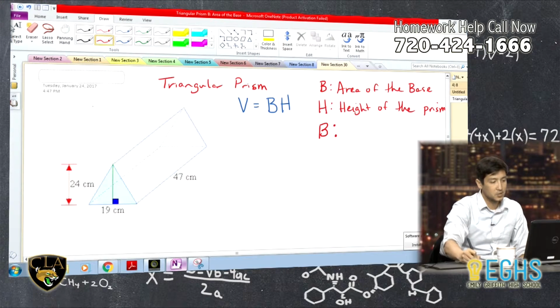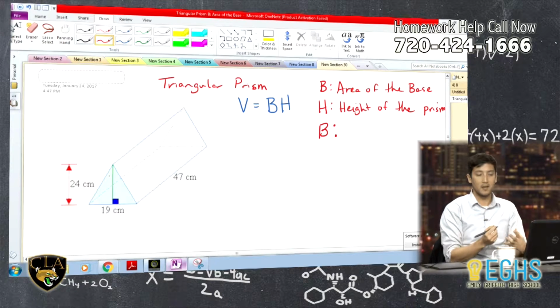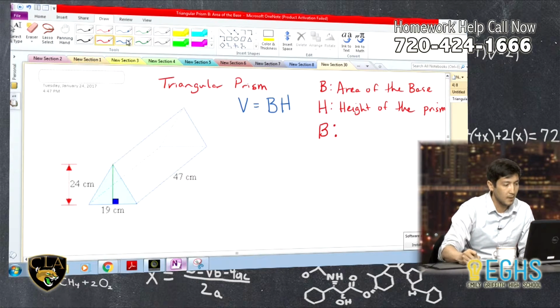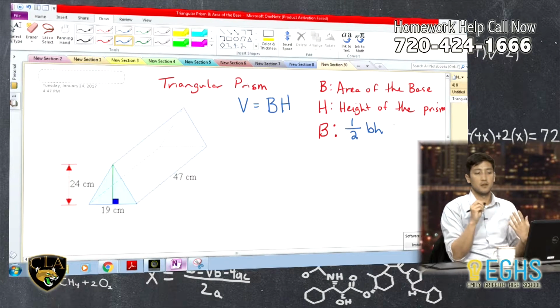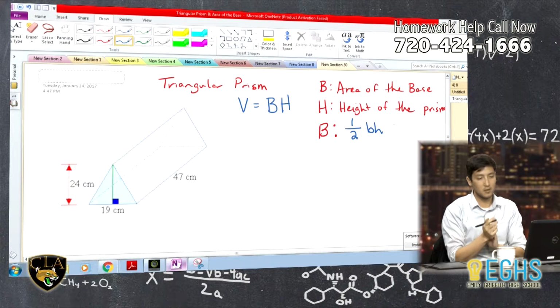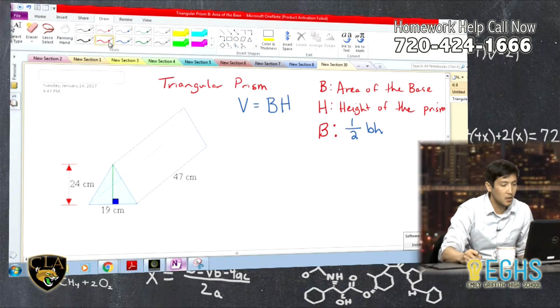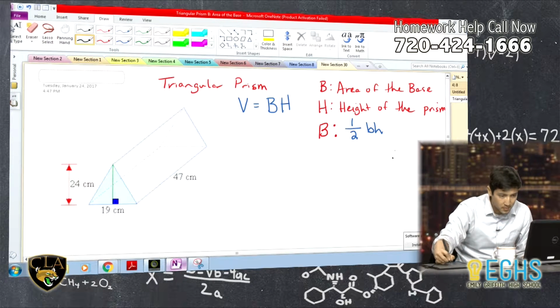Well, this shape is a triangle right here. That's what's kind of making this shape look like this. And if you remember, the area of a triangle is 1/2 the base times the height. And again, it's confusing because we have capital B, we have lowercase b, but think capital B is area of the base, lowercase b, we're talking about just the triangle. So I like to rewrite this, and the reason why I like to kind of substitute and rewrite this back